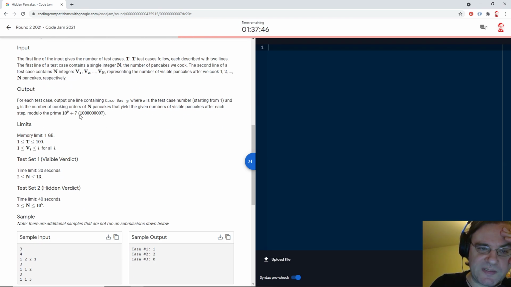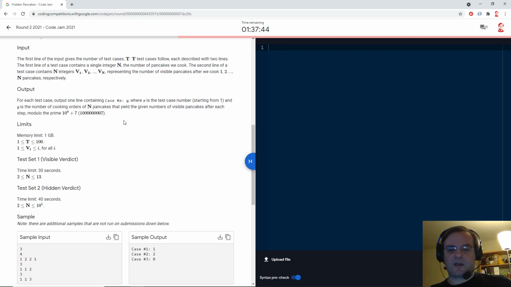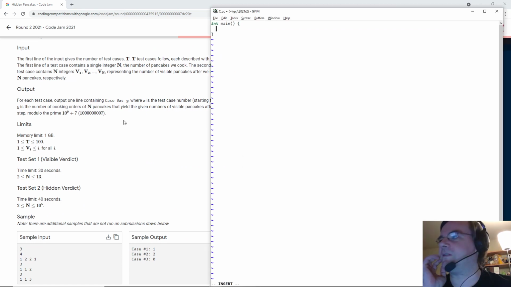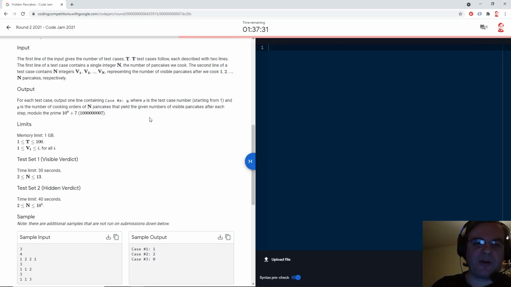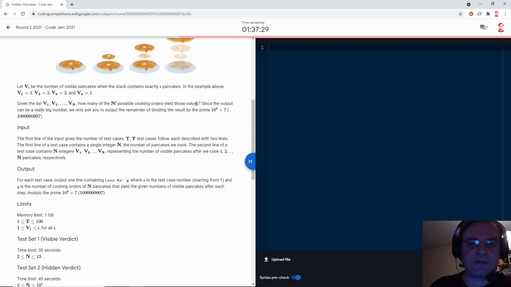It's a bit annoying because in order to calculate these combinations and permutations, I think I'm going to need inverses modulo this prime, which is fine. I actually have a class that does this automatically, so I'll probably just bring out that class. It's kind of high powered, but that's okay.